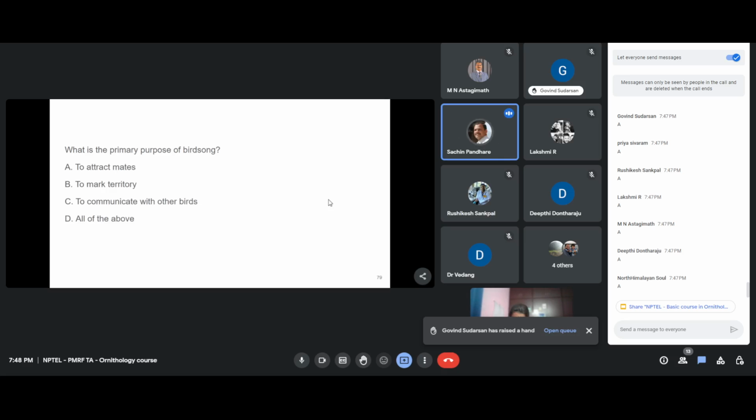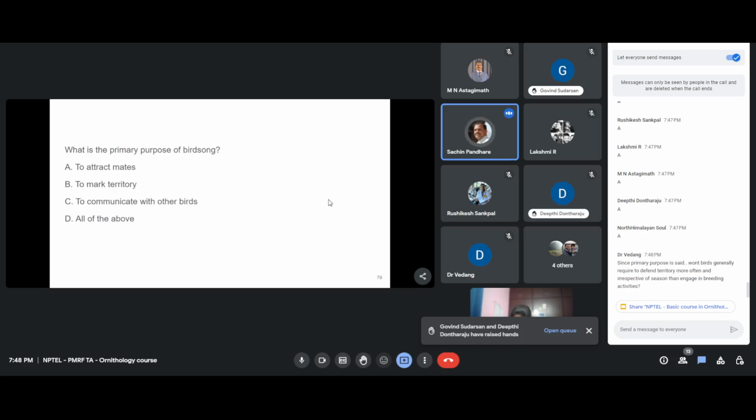Because in a way, to communicate with other birds may include all other two aspects, as well as more importantly B, which will be talking to the birds for marking territory. To attract mates or display, it's a special category I think for what they might be more adapted for. Yeah, song is melodious, and usually song is developed when the bird reaches maturity. So as the melodious song is there, it's for attracting mates.